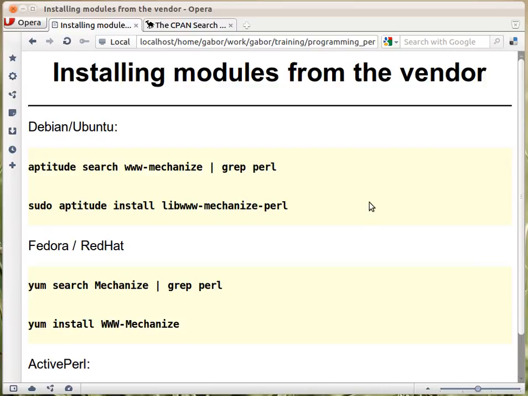So once you found the name of the module that you would like to install and try, what do you do? There are a couple of different ways, and depending on the operating system and how the environment works, we'll see a couple of solutions. So if you are on a Linux operating system using the system Perl, the Perl that